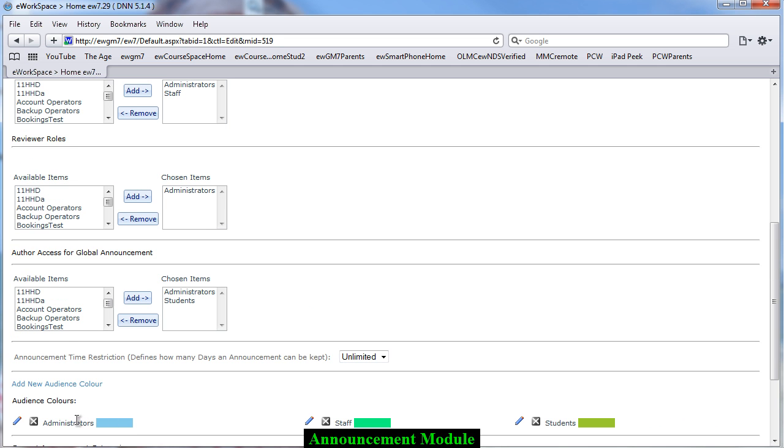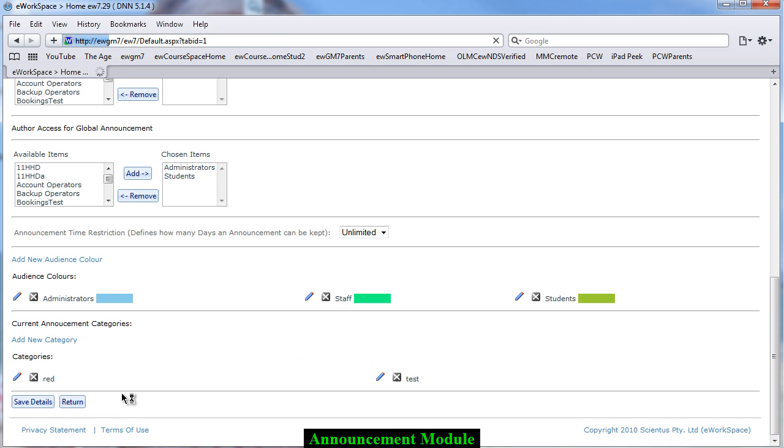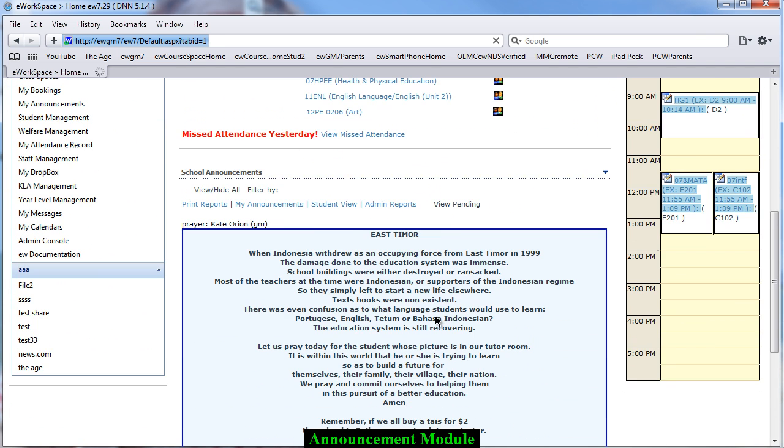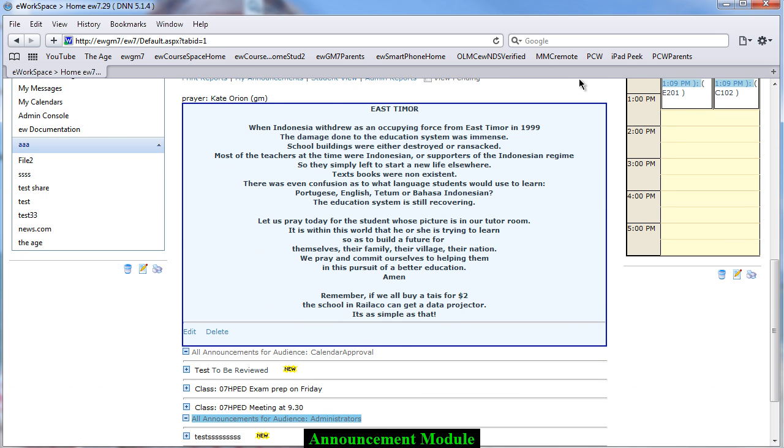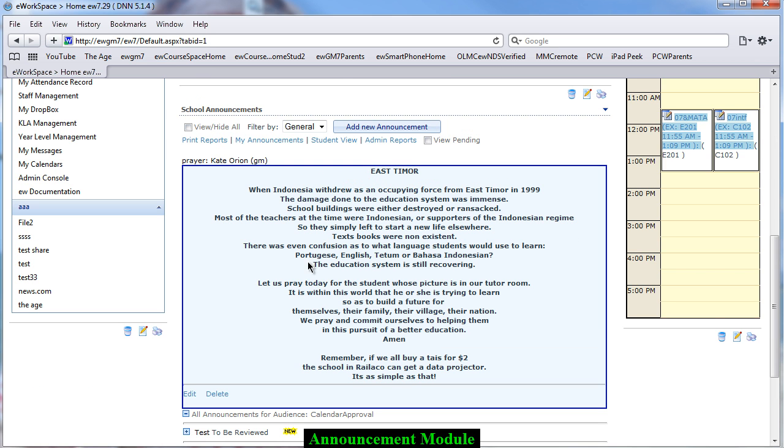You also notice that there was a global announcement at the top, so if we just return to that, we can see there's our global announcement. So this could be used, for example, in any particular way you like, and you can specify different roles for doing that. Once the announcements have been set up, we can then see our own particular announcements or print reports,